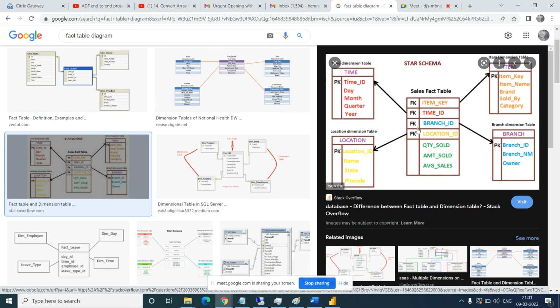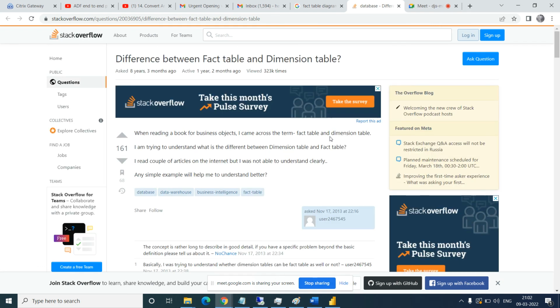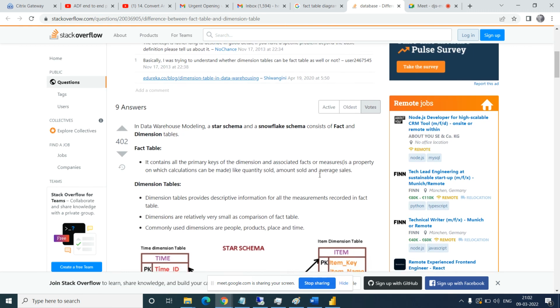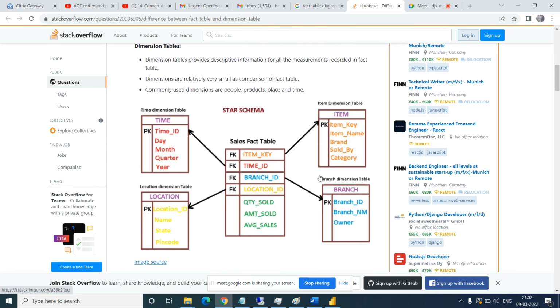Now what is a snowflake schema? So what is a star schema? First understand. A star schema always has one fact table and all dimension tables directly attached with the fact table, right? But a snowflake schema is a little different. If you see, this is a time dimension table, location dimension table, branch dimension, and item. All these dimension tables are attached to the sales fact table.